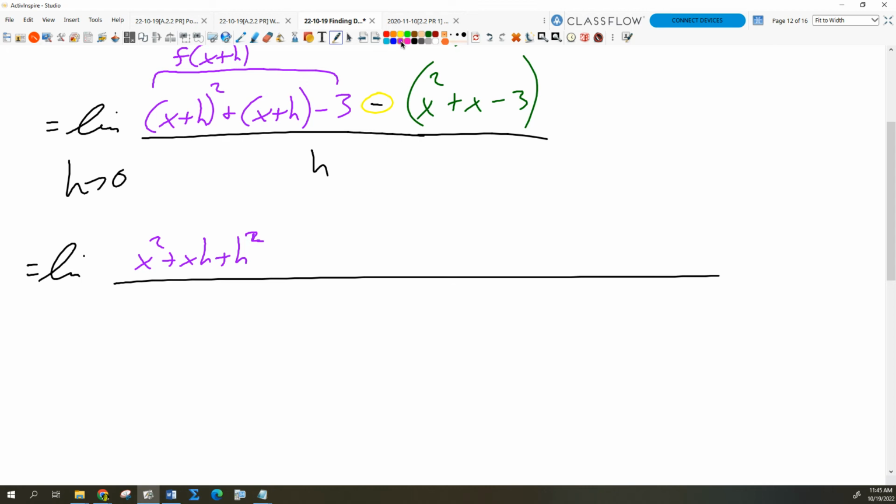I just haven't had time to put this in yet, but we'll have a little memorization test over some trig stuff and some of this stuff. So you have to memorize this because you just need to have it available. Plus x plus h minus 3. And I distribute the negative sign, and I get minus x squared minus x plus 3 all over h